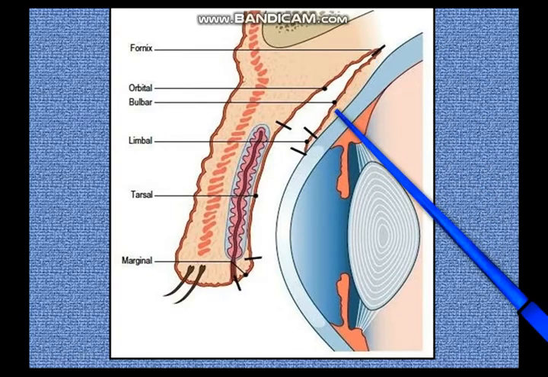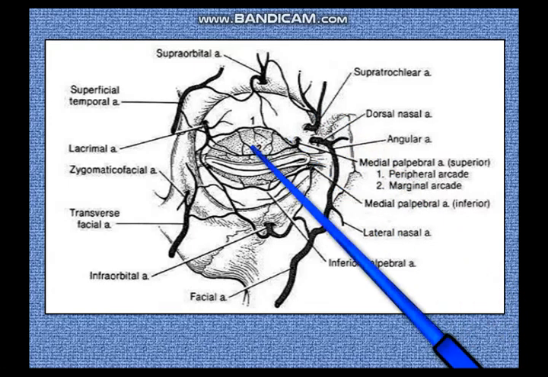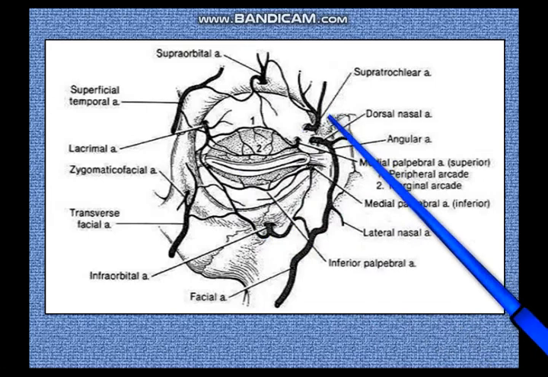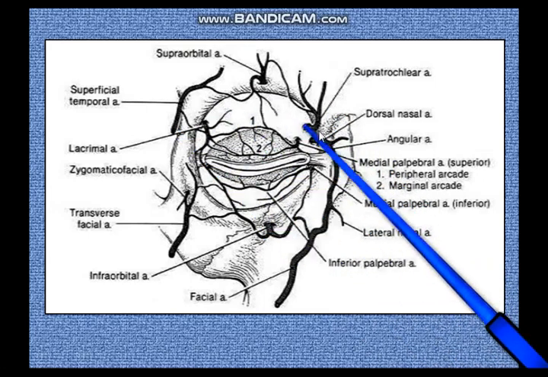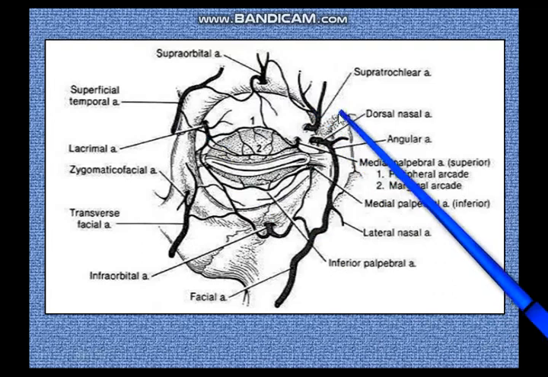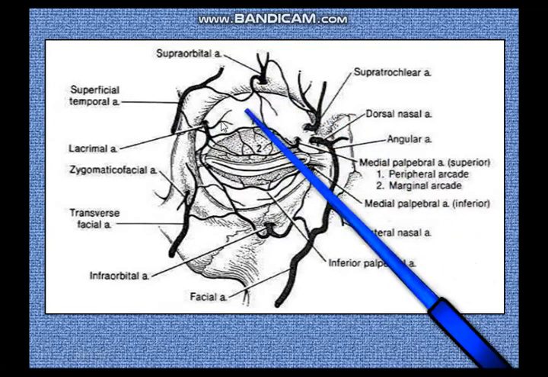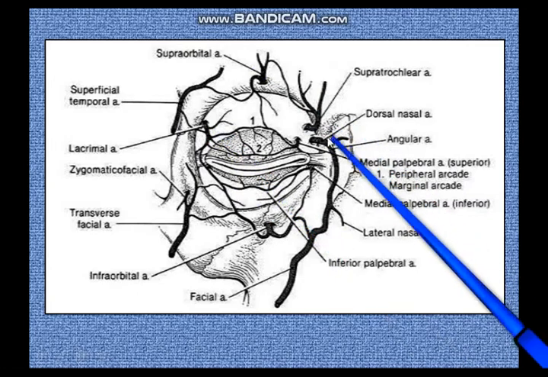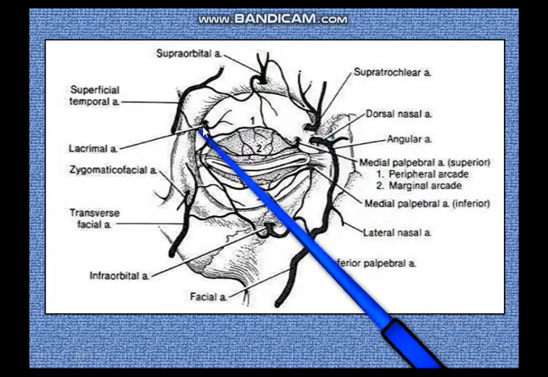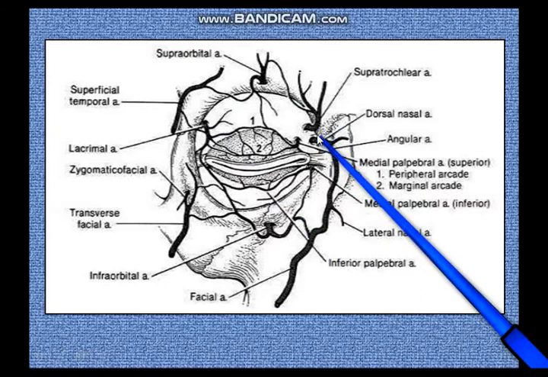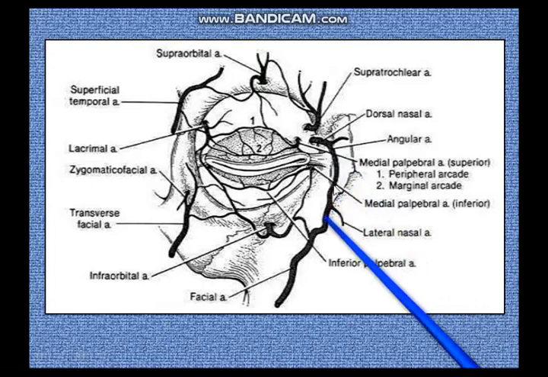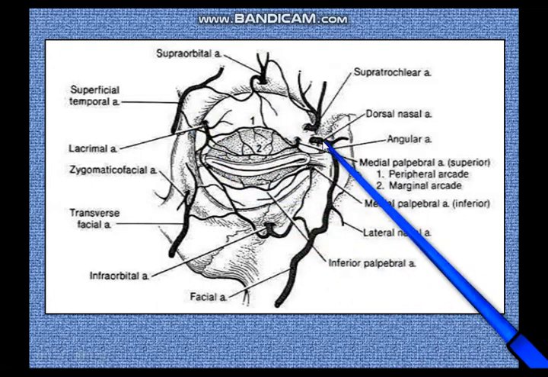Let's see what's next. So here we have an arterial supply of the upper and lower eyelids, and you can make out that on the medial side, on the upper eyelid mostly you have the branches of the ophthalmic artery, that is you have supraorbital and supratrochlear arteries, you have a lacrimal artery over here, you have the dorsal nasal artery over here. These are all branches of the ophthalmic artery, and you can see that the dorsal nasal branch of the ophthalmic artery has joined the angular artery, which is part of the facial artery.